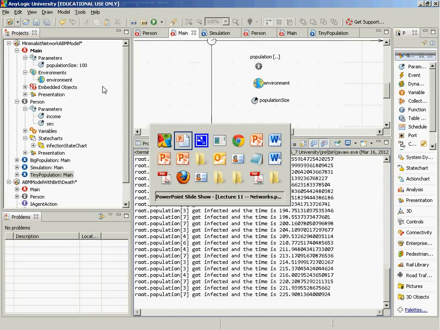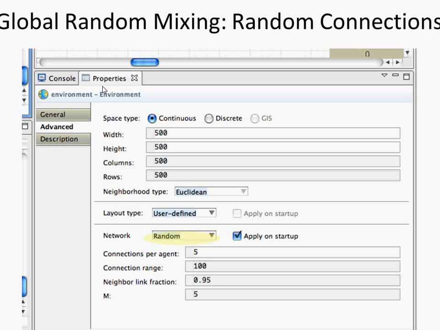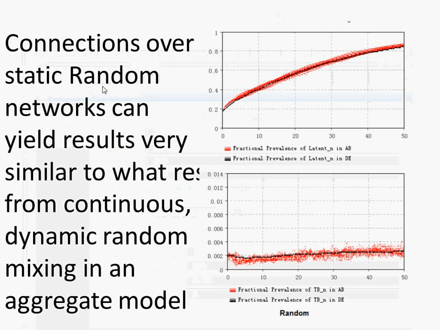Okay, so what we've just seen is a situation where we have random connections between agents. Here, there's just no regard for locality in any sense of the word. There's no regard for network substructure or anything. We just have these agents that are more or less randomly connected with anyone else in the world. Now,